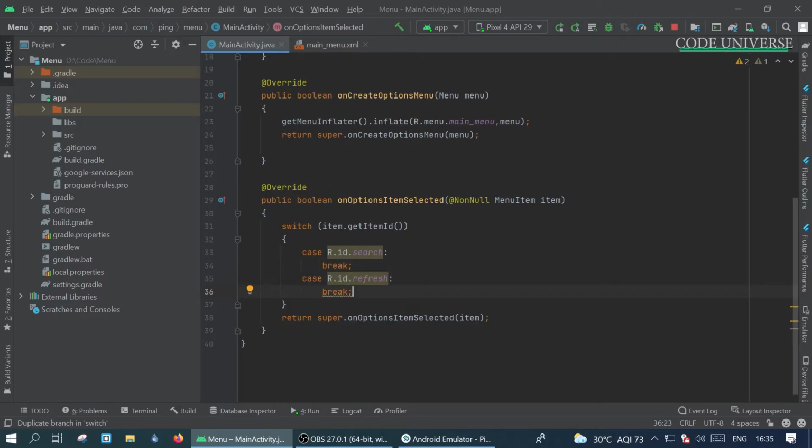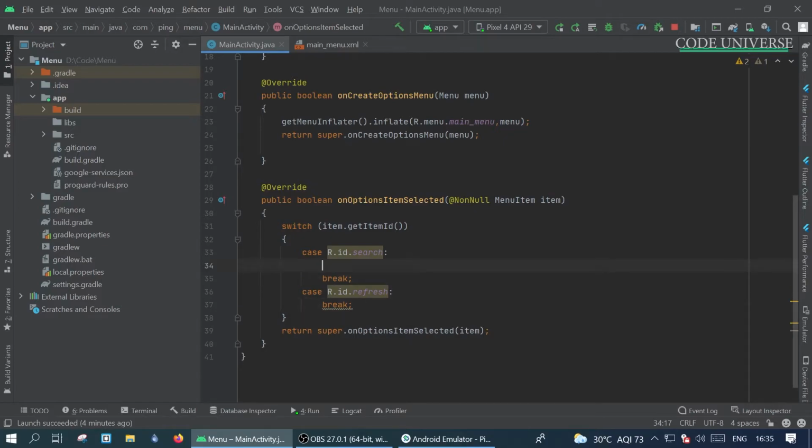Now, to print the menu item name, I will add a toast to each of the statements here. When the user clicks on the menu item search, I will print "You clicked search". For that I'm going to use Toast.